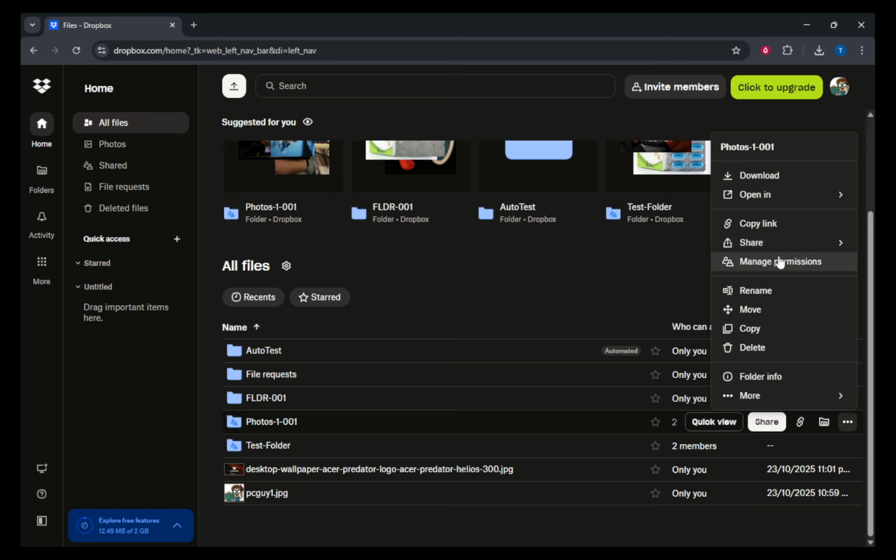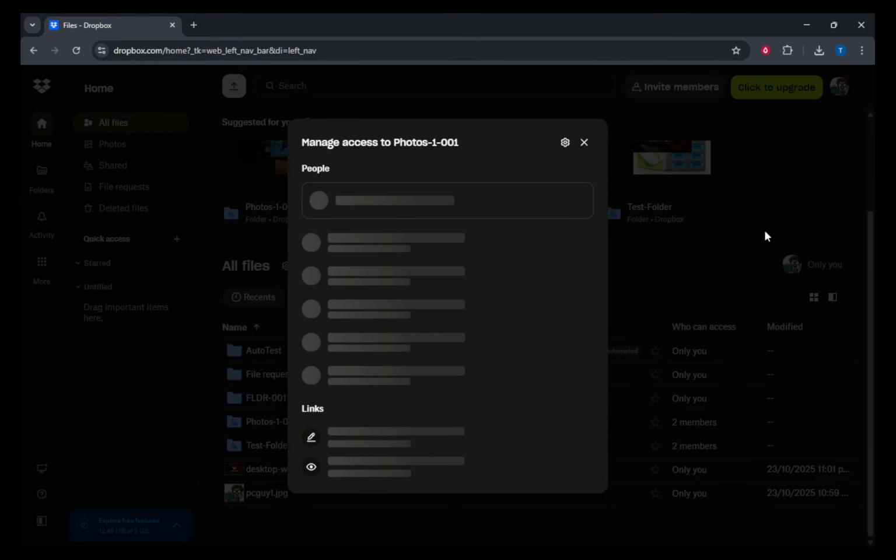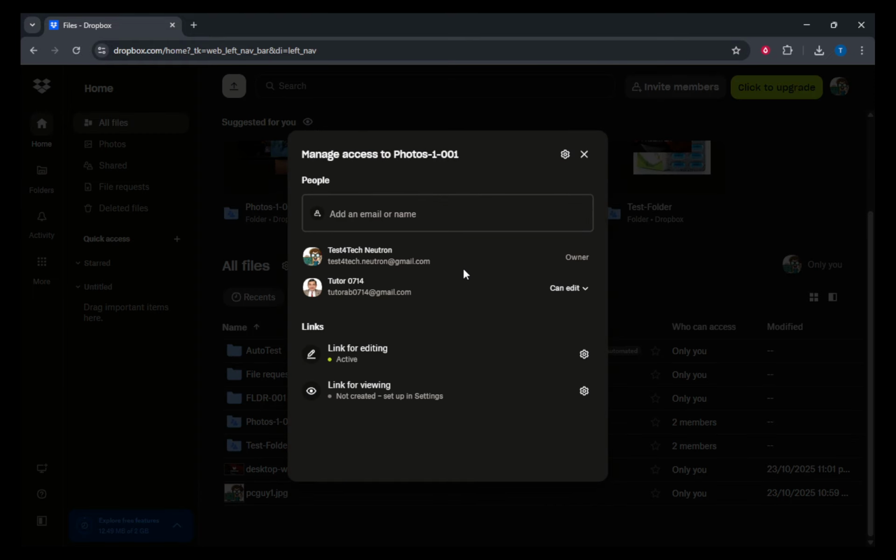Now, here you are, on the Permissions page. You'll see a list of members who currently have access to your shared folder. Scrutinize this list to find the member you'd like to remove. When you've found their name, notice the drop-down arrow next to it. Clicking this gives you the ability to change their access, or, importantly for us today, remove them completely from the